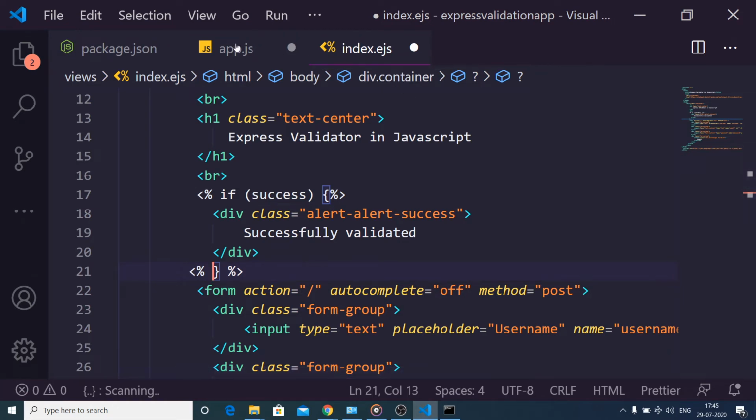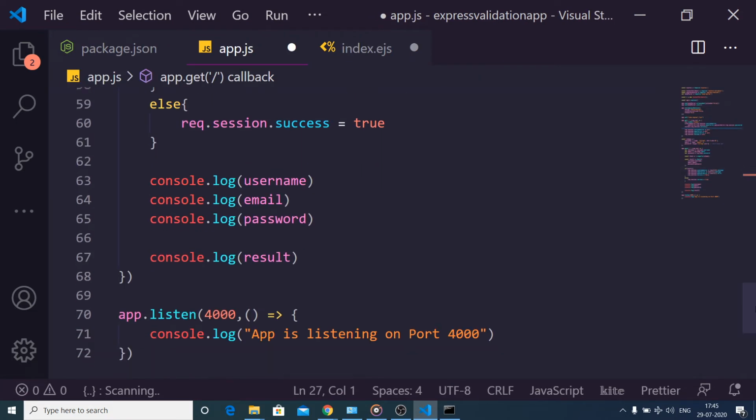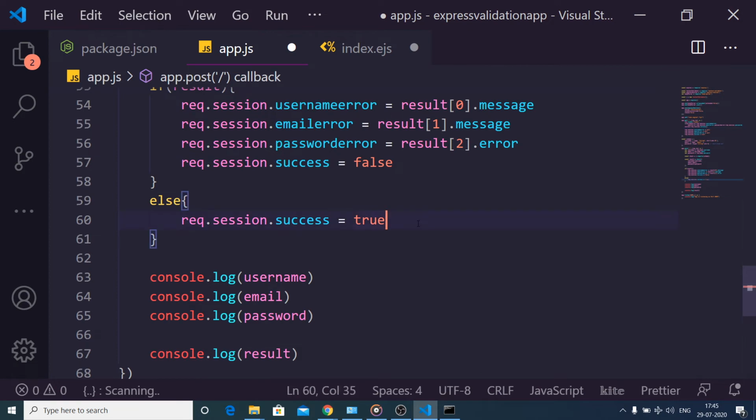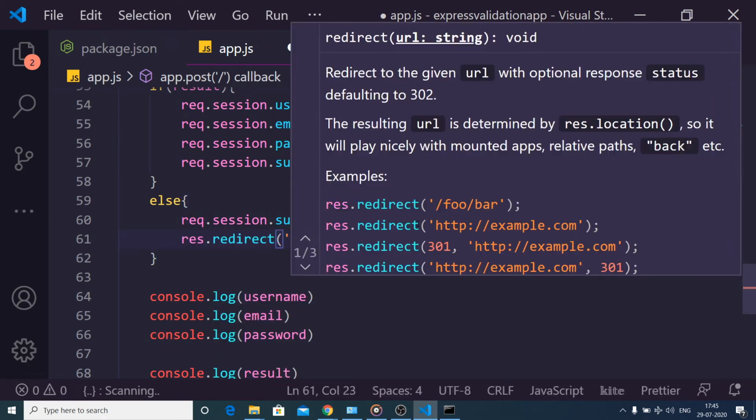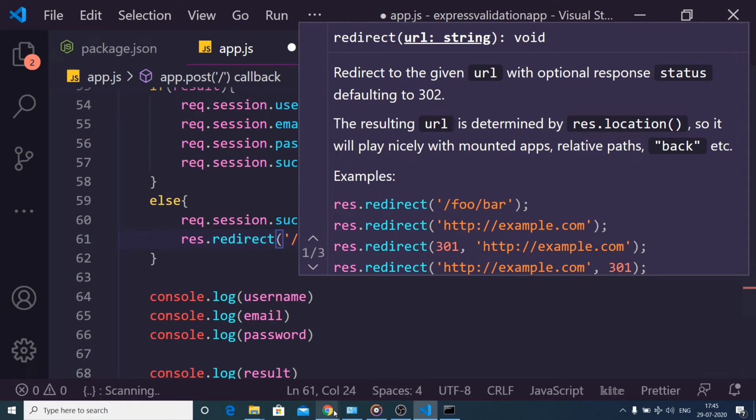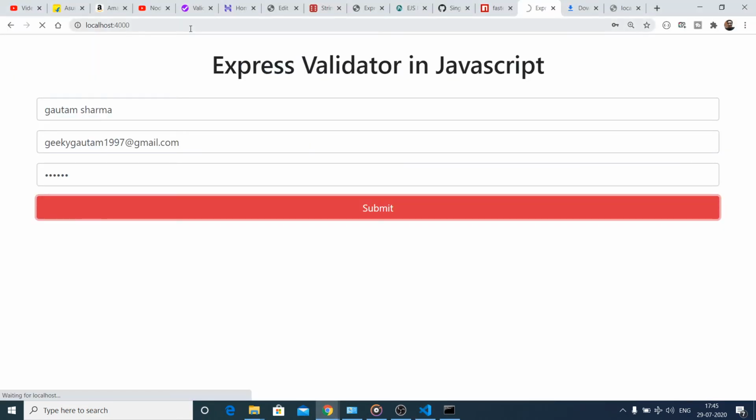And one thing I'm missing here, after the form is successful, we also need to redirect the page. So we can do like this, response dot redirect to slash. So this statement I was missing, so that is why if I again refresh this,